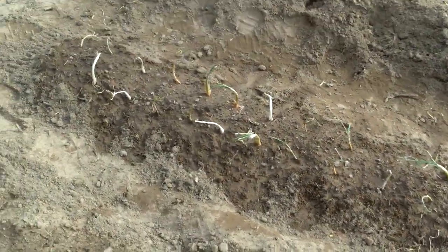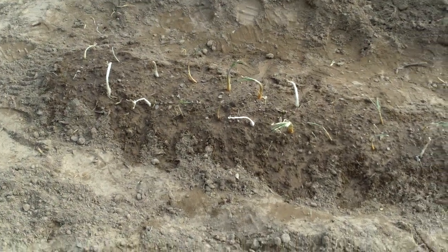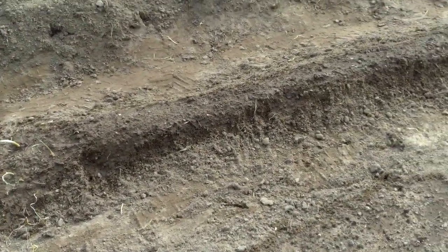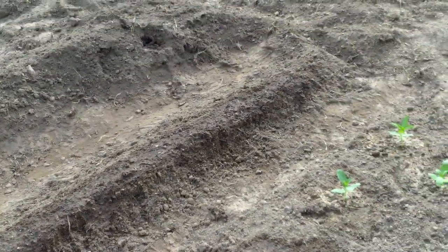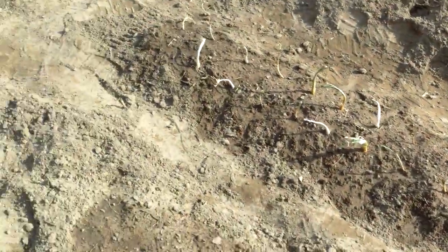These are my leftover onions. They've been out there for 2 weeks. They may not survive, but I tried my hand at... I'll be back in a second. Okay. These are carrots. And since I've never been able to get carrots to grow in the ground, I thought, well, hell, maybe they'll grow in this big hill. It's all good dirt, so...